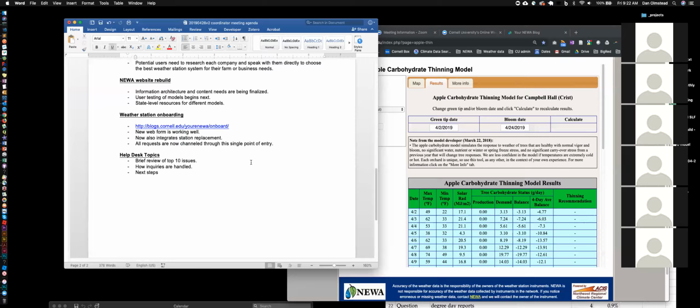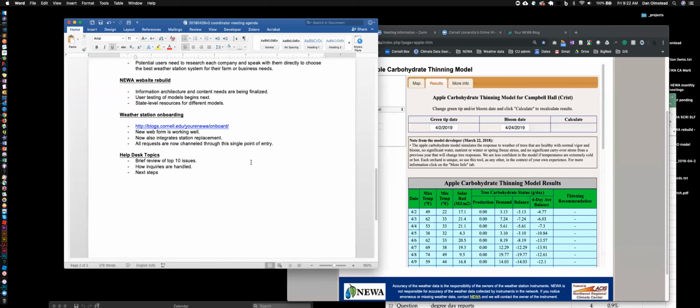If you have an opportunity in the future to go through it, you're going to see that it's not just a standard form. Depending on certain selections, like what weather station company you purchase from, once you identify what that company is, the rest of the fields are going to be customized only to that company. Also, if you are replacing a station at an existing location, once you indicate that, the form will change so that you don't have to re-enter certain pieces of information that have already been added.